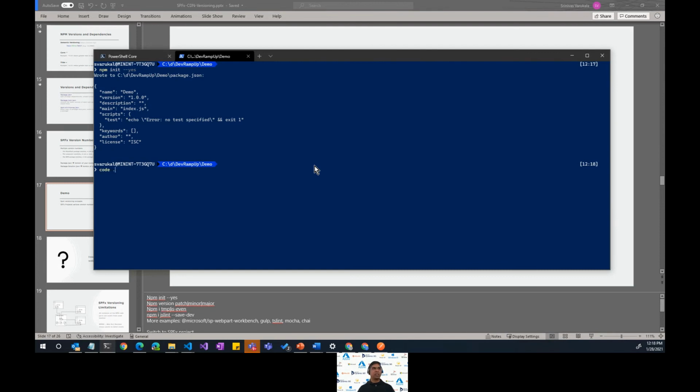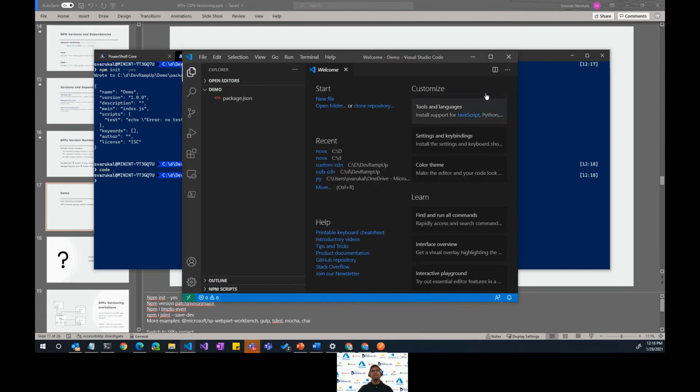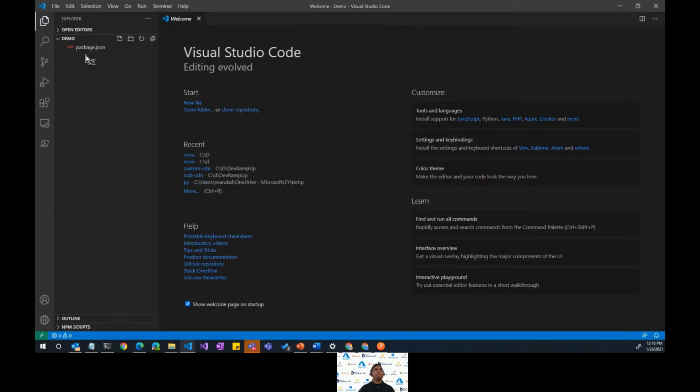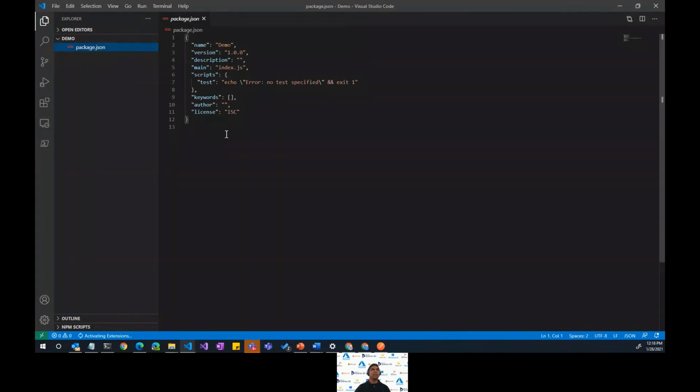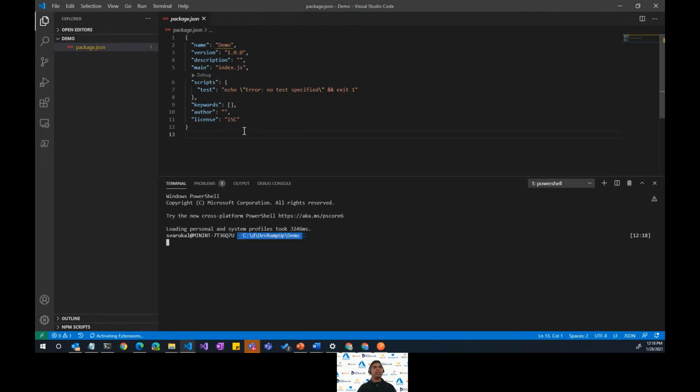Let's open it up. In my demo folder, there's only one file, package.json, created by npm. And you can see the name, version number, and a few other details.